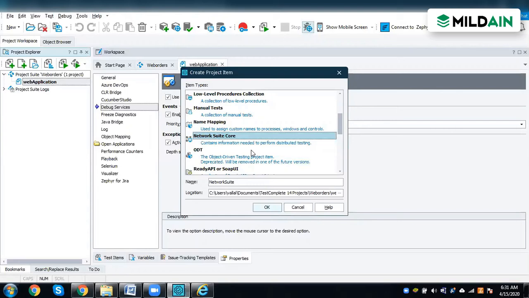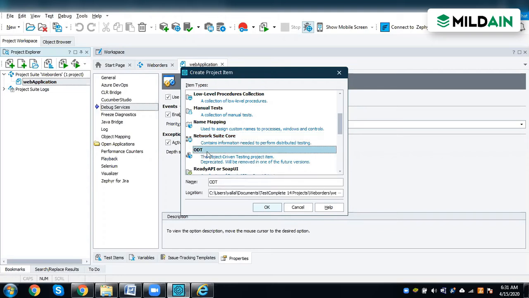I will have 10 different machines, and in every machine I'll split those 1000 test cases into 100, 100, 100, so that within 10 minutes all my test cases will run, but on 10 different machines. There are some prerequisites for it. You need a LAN connection, and you need to have TestExecute or Test Complete even on those 10 slave machines, and then you can perform it.